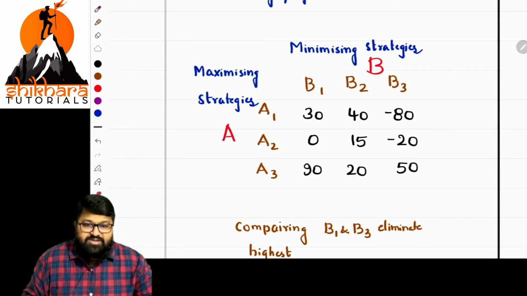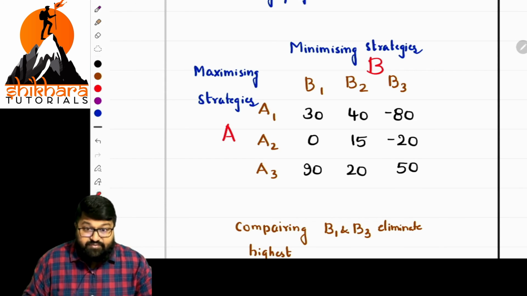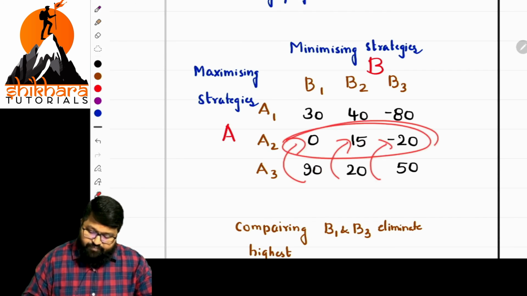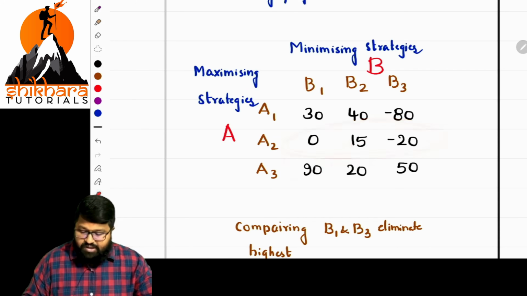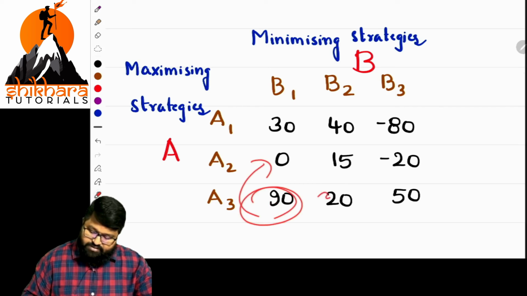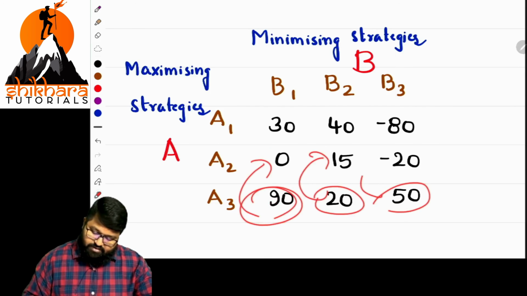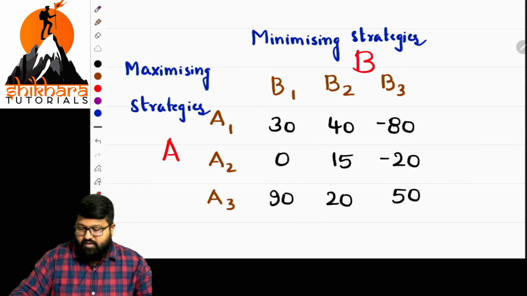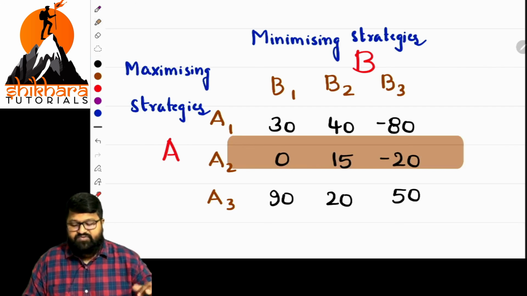What should be eliminated? In the case of rows, the least value: 0, 15, minus 20. This is the least value now. Is it the least value or not? So eliminate that one. It is the least. So eliminate this, no issues. You can go with any pattern. Okay, eliminate this part. Now what about the next one?